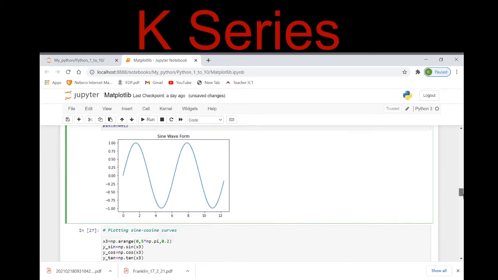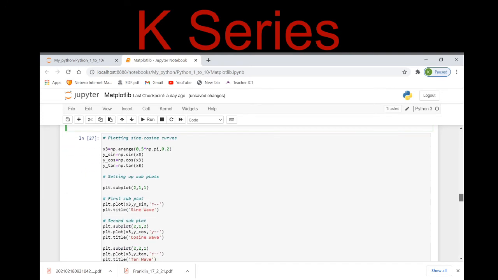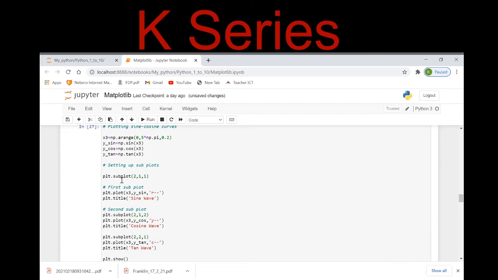Now moving on further, I have made sine and cosine curves with subplotting. So here I have taken x and my y, right? Now plt.subplot. Now I have taken number of rows 2, but number of columns 1, at one position.